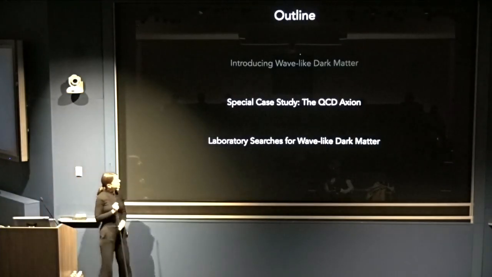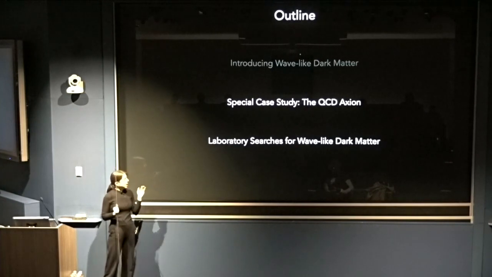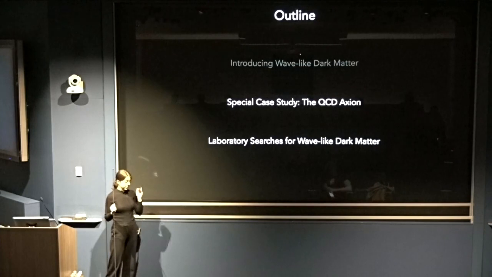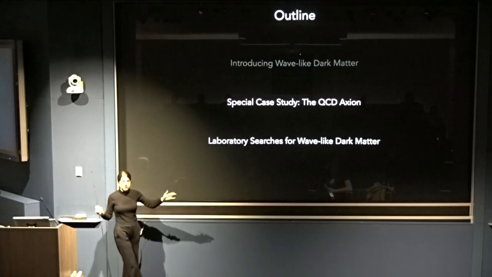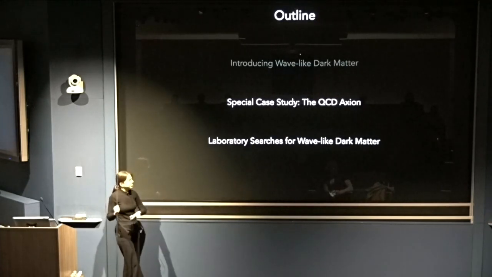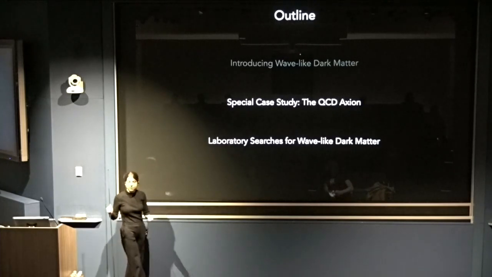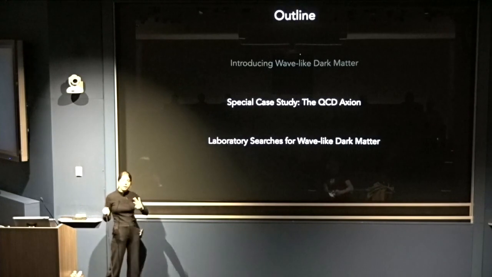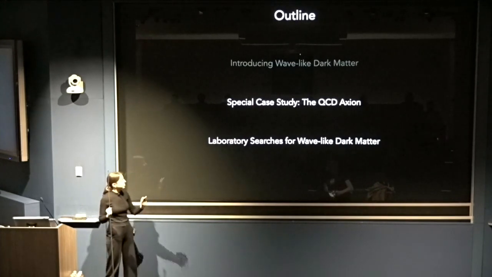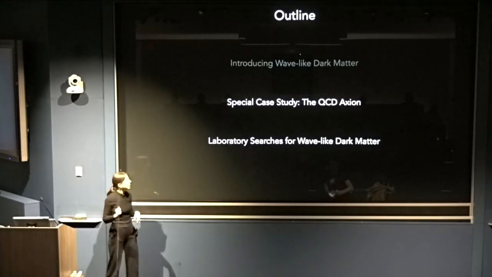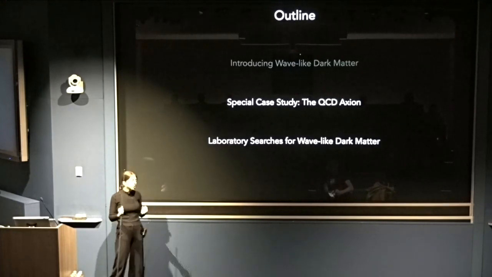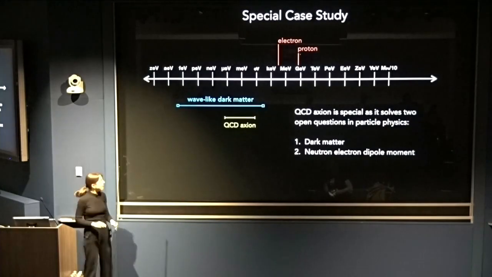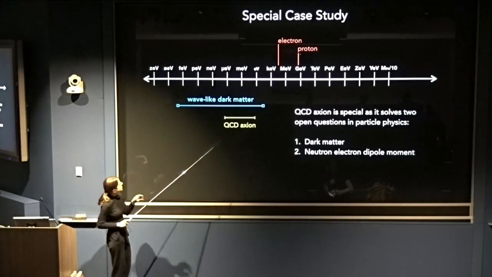So now that we've seen what happens when we think about wave-like dark matter, especially in the range where the wavelengths are galactic scale, so really large, and we get these magnificent interference patterns on the scales of galaxies, what I want to do is move to higher masses, which corresponds to smaller wavelengths. And as we march in that direction, we end up hitting a very interesting regime.